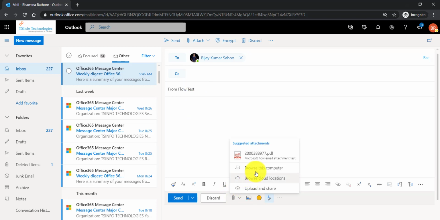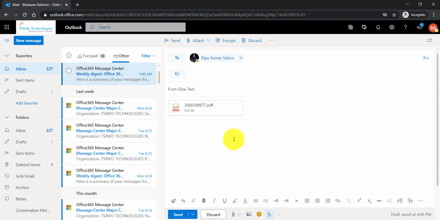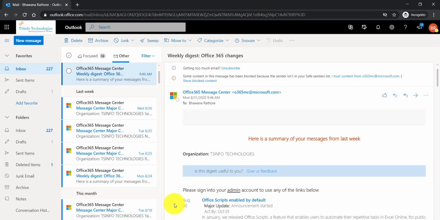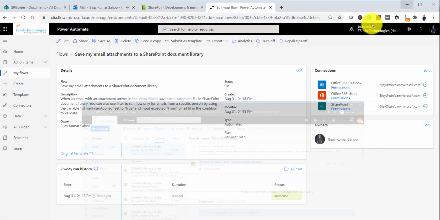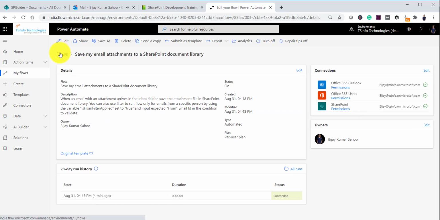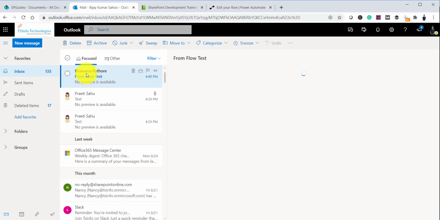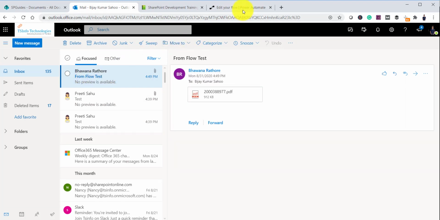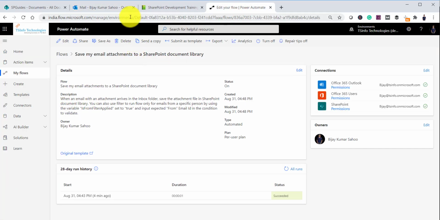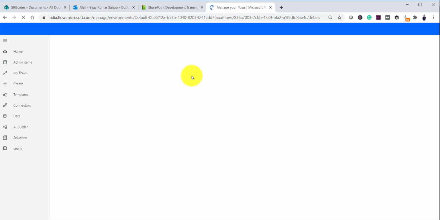I will attach this file here and click on send. Now ideally what will happen is it should save the email attachment. You can see we received it from this particular user, and now we will see whether the flow runs or not.